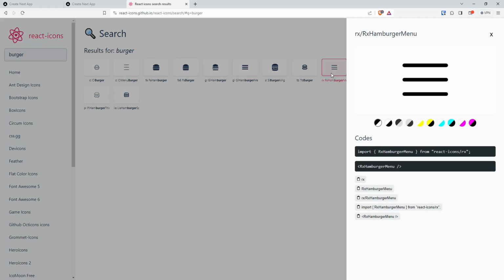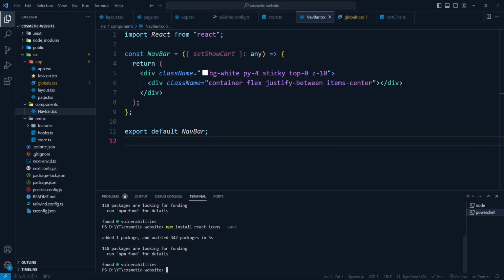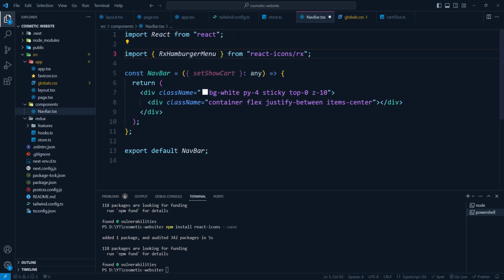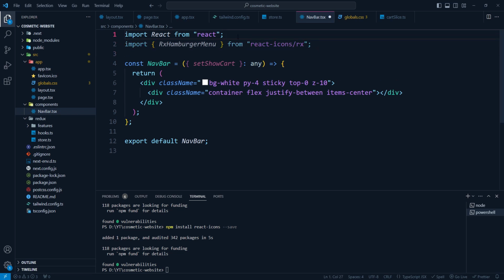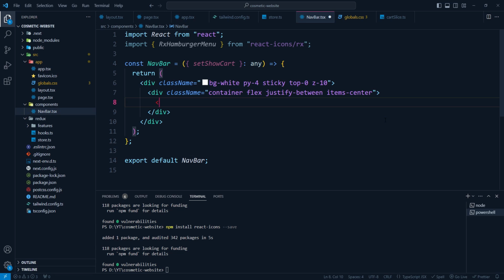Okay, so we will take this one as a component, import, this one here, and then we can take RX hamburger menu, class name,